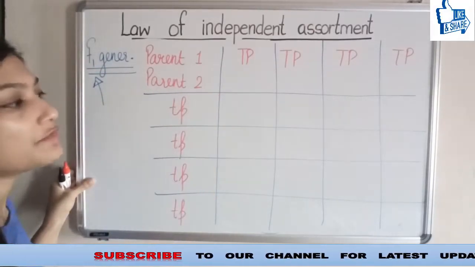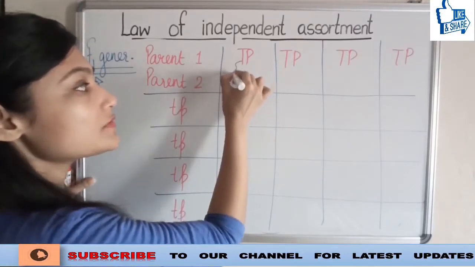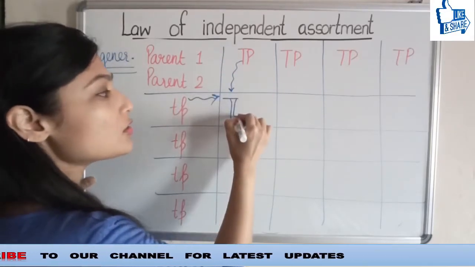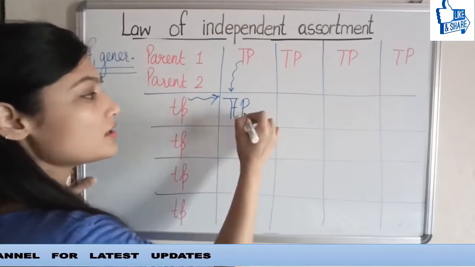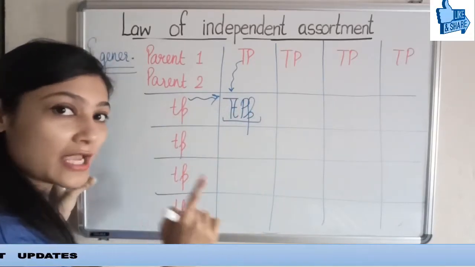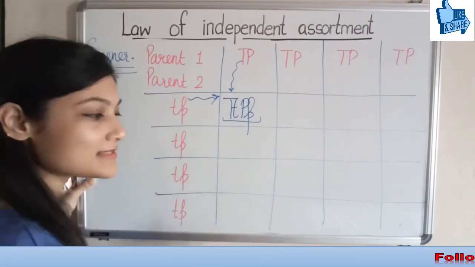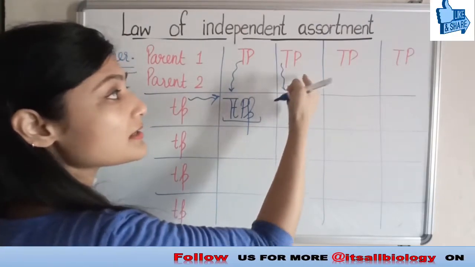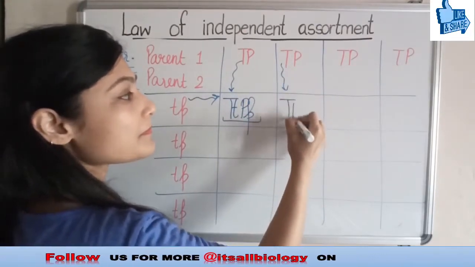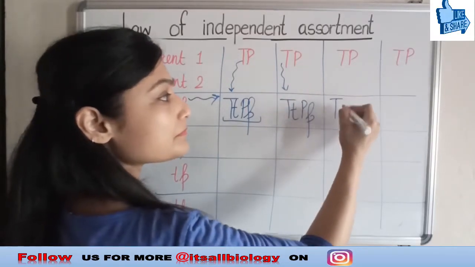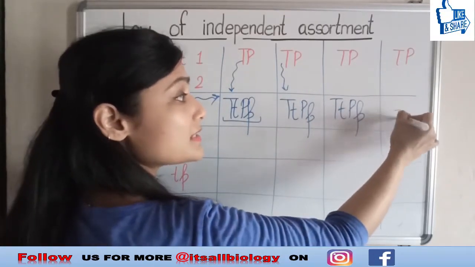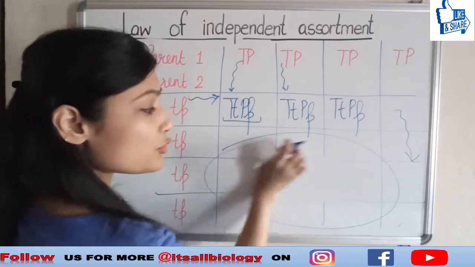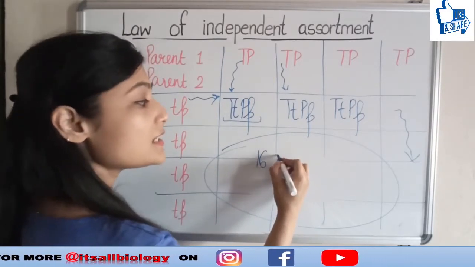Let's see the very first case. In the first case, we will take this here and this here: capital T, lowercase t, capital P, lowercase p. So this is the genotype of the first progeny. If we are first considering the genotypes, then I will take you towards the phenotype. If I take this case, I will take this here and this. Same. This is going to be for all the 16 F1 generation progenies.